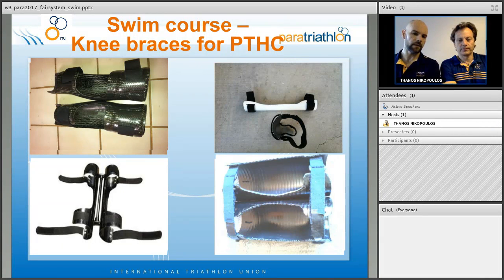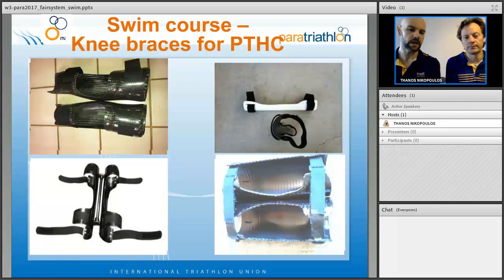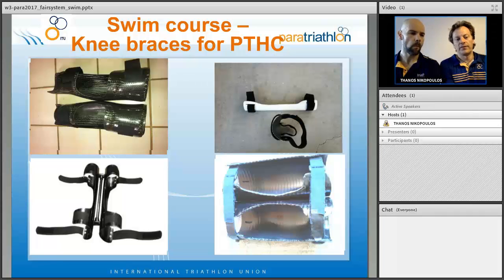Eric, so in some cases, in some events, we have paratriathletes from the PTHC category using these devices. What are these? So obviously, depending on the degree and severity of their impairment, some athletes, in order to keep an optimal position in the swim, we allow specific equipment that we have to ensure is not capturing any air or is considered to be adding floating ability to the athlete. It's simply to ensure that they are able to keep a streamlined position in the water that is enabling them to then perform in a better way. It's not a performance enhancer.